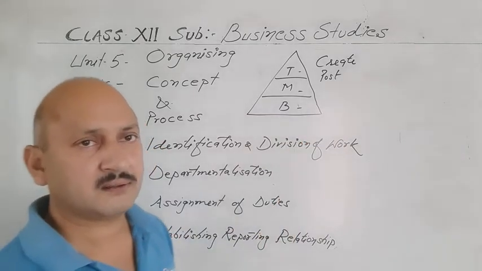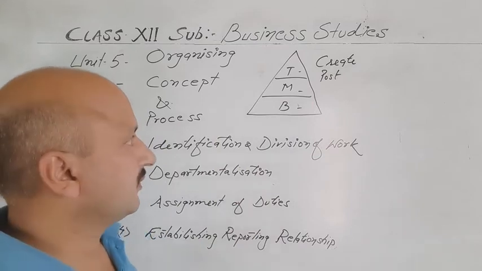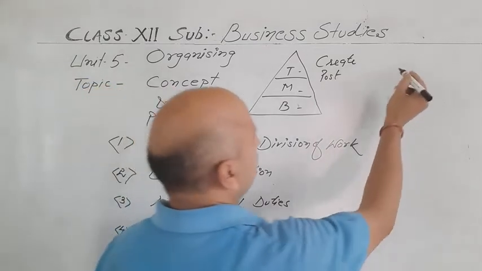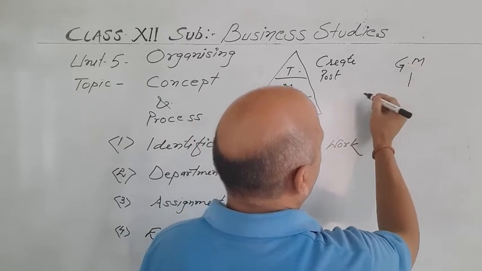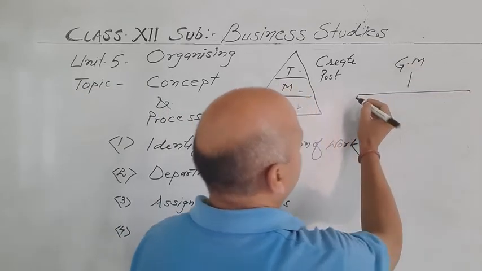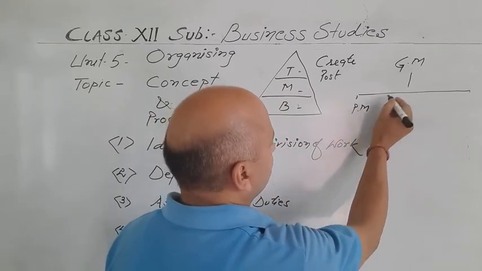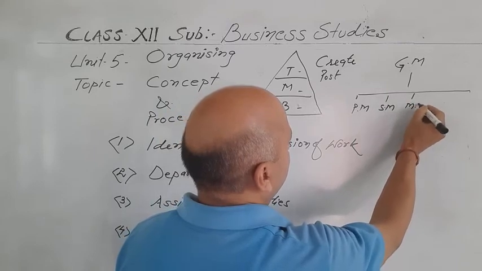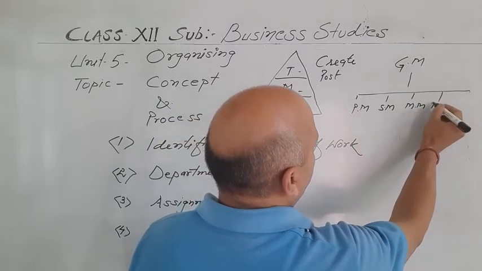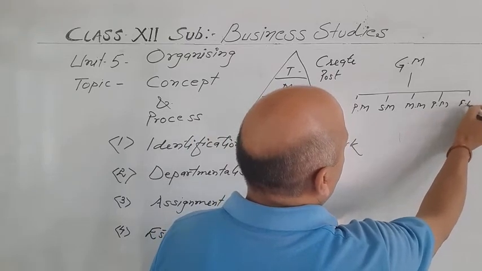At the top level we have the general manager, then his subordinates may be purchase manager, sales manager, marketing manager, production manager, finance manager,